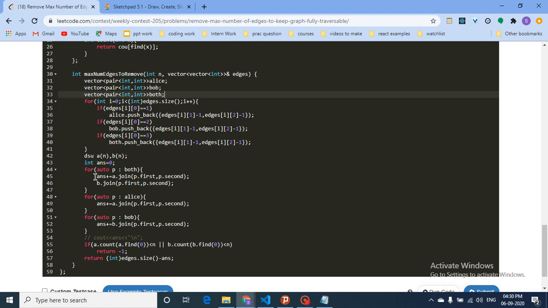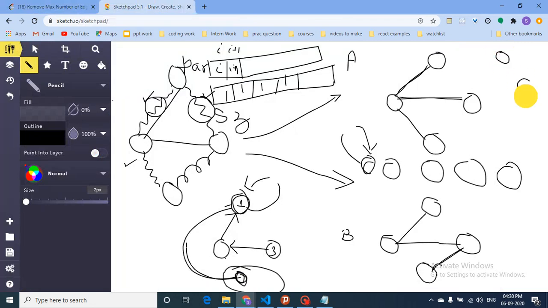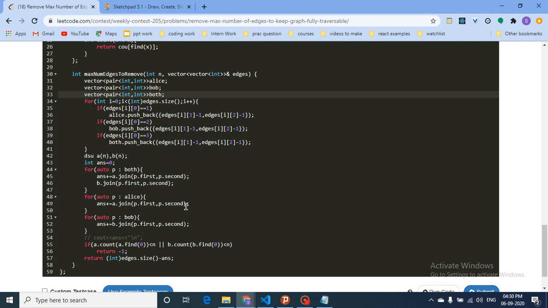This is telling you that I have joined these two nodes, and whether joining these two nodes increments our number of edges. Let's assume that I have two nodes, I want to join these two nodes, but whether after joining these two nodes our number of edges will increase or not. So if it is not increasing, we don't actually join them.